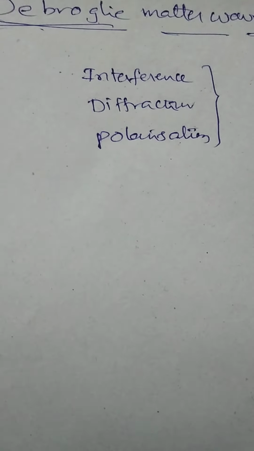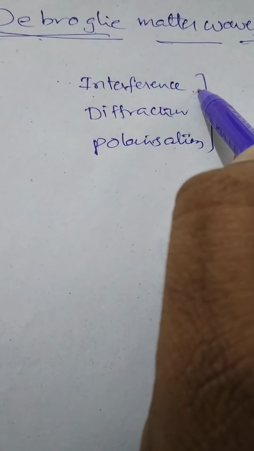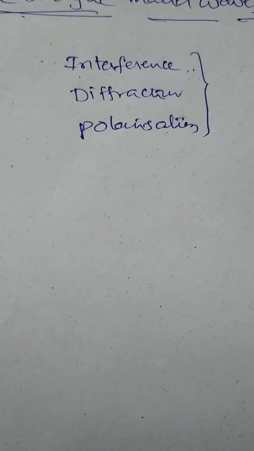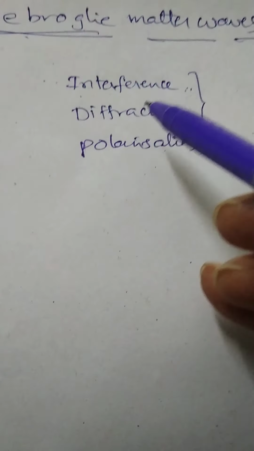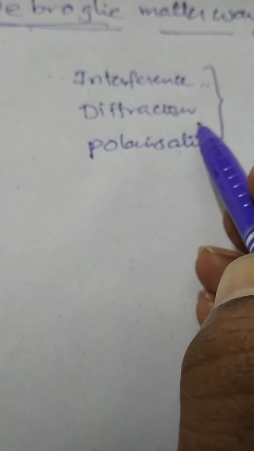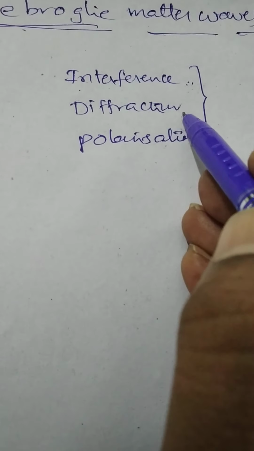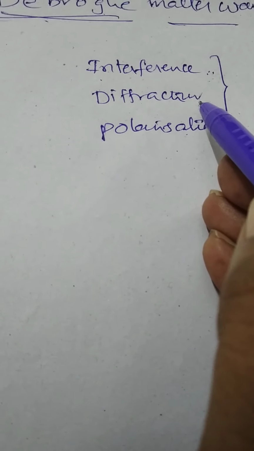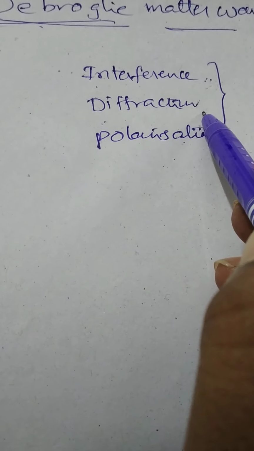To explain interference, light will be treated as wave nature. Light is treated as wave nature. Again, what is meant by diffraction? When light is propagating through a slit or an obstacle, there is a bending of light at the edges of the obstacle and it encroaches within the geometrical shadow. This concept is also based on wave theory.